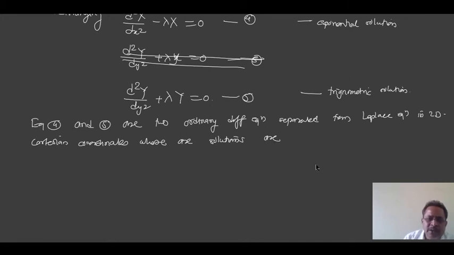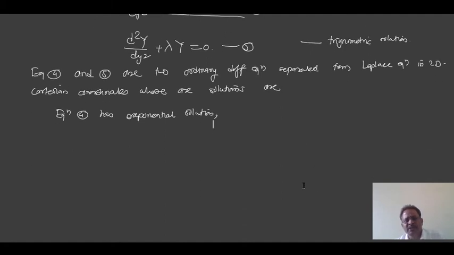Out of these, equation 4 has an exponential solution. Actually we should calculate this, but it is not needed. We always know whether lambda, the coefficient of the second term, is positive or negative. If it is negative, then the solution is exponential, and it is of the form... Actually this is done in the textbook, you can look it up, or you have done all these things in mathematics, so I am not repeating this mathematics here.